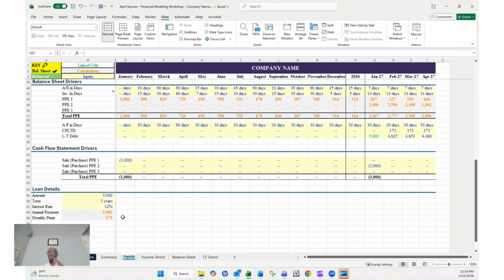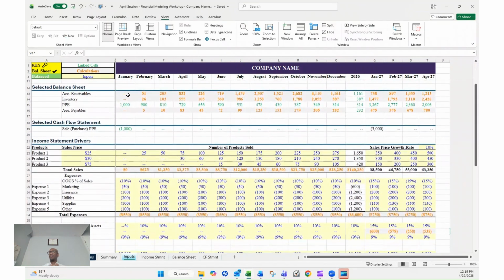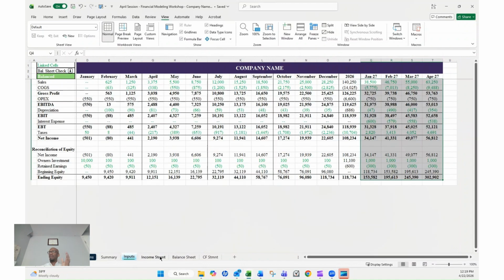I have an example of loan details. These loan details can all be changed. At the top left-hand corner here, you see where certain specific cells are linked to other cells, the calculations, and also the input. So as a founder or an owner, you and I will go through this model and determine which are the best inputs that you see as feasible for your business or company, as well as nonprofit. How you are receiving your sources of revenue overall. And once we do all of our work in this particular section, it automatically translates throughout